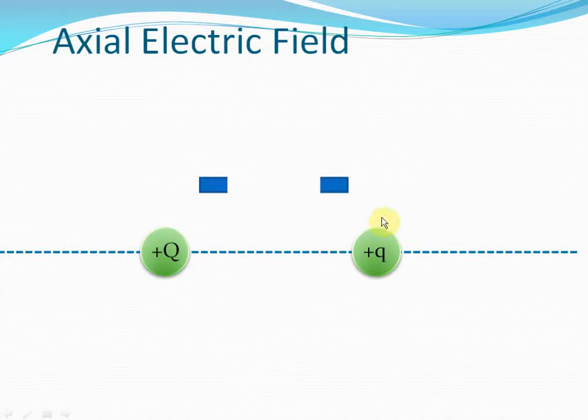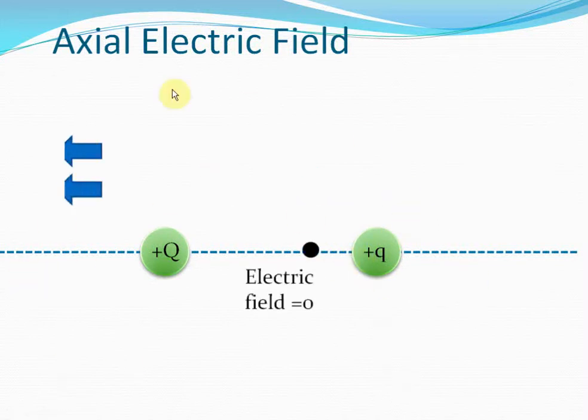What about the region outside these two charges on the axis? What will happen there? So for example, here the electric field will be directed towards the left. That is because the electric field due to the plus capital Q charge will be towards the left, and the electric field due to the plus small q charge will also be towards the left. Similarly, on the right side of this charge system, the net electric field will be towards the right because the electric field due to both the charges will be towards the right. So that is how the direction of the electric field of a two like charge system will be.